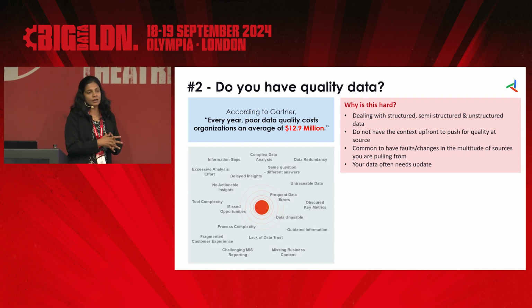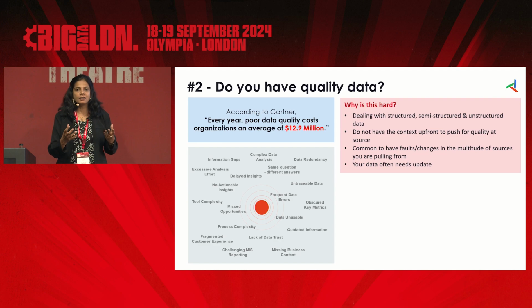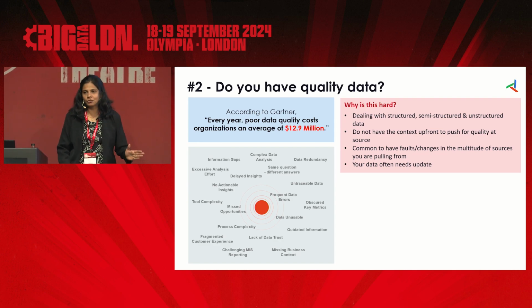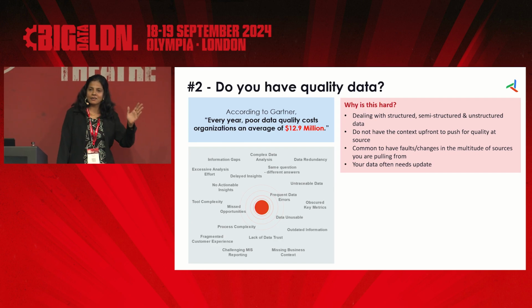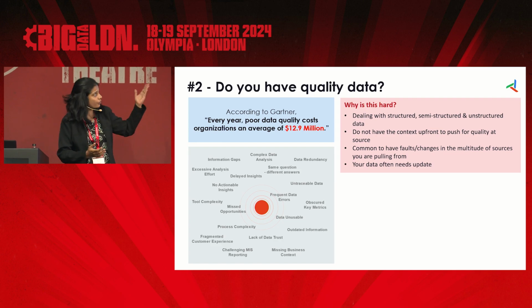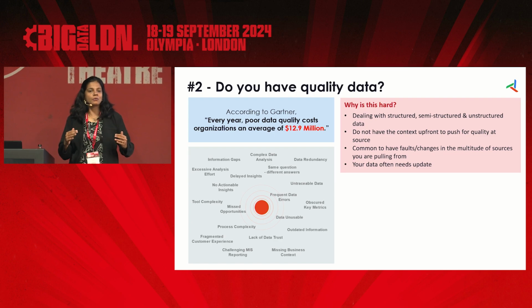And for any data quality efforts, especially when you're doing data quality in your ERP data, the first recommendation a lot of us would have heard is put quality at source, right? Stop people from entering bad quality data right at the source. But that's not something you can do with customer data, right? You don't have all the context up front to be able to push for that change, which means you will have to implement that quality at some point later on, by looking at multiple sources.